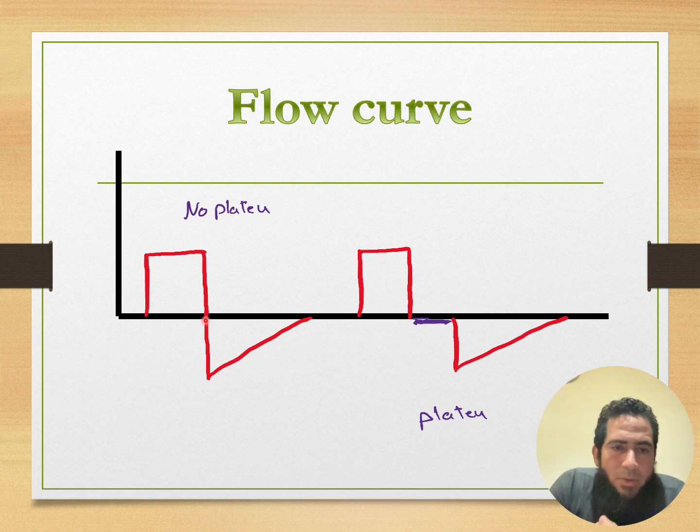So how do you assess this? For example, if you get here breathing in and this breathing out, all the breath comes out, because you know that the flow velocity reached zero, so all of the air came out and stayed at zero for a while before starting the next breath. Okay,